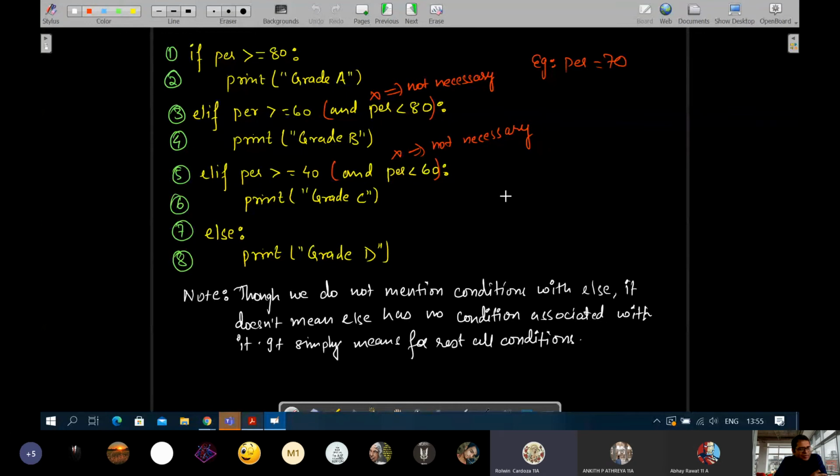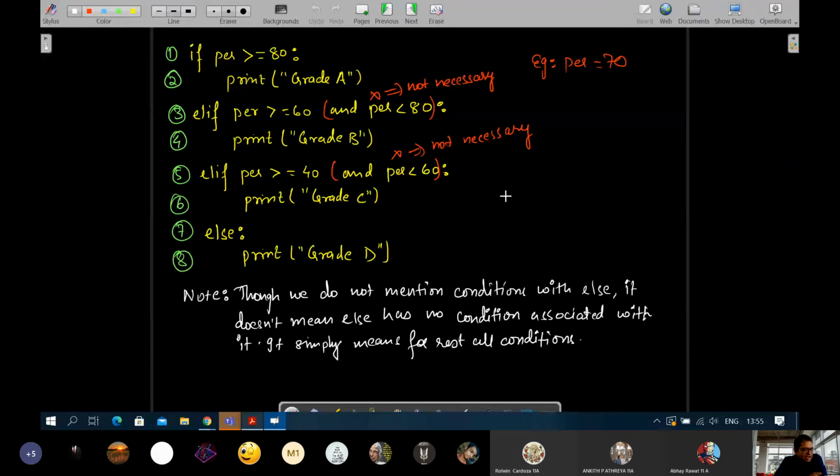You want to use elif in the seventh line. Why, else is also okay, no, for all the other conditions? So what if we change the seventh line to elif, percentage less than 40? Yeah, you can have that. It's not necessary to mention else. Okay, you can skip the else part.